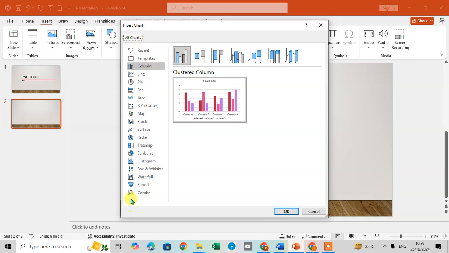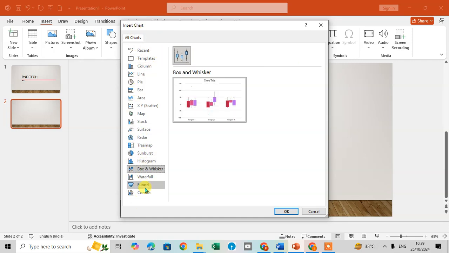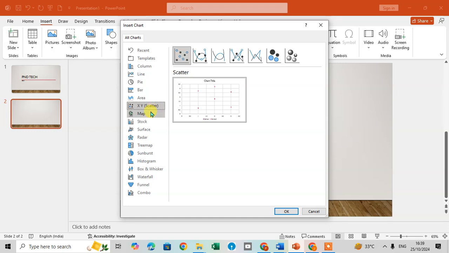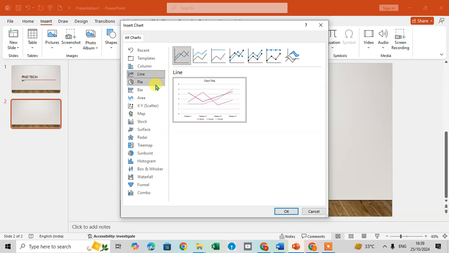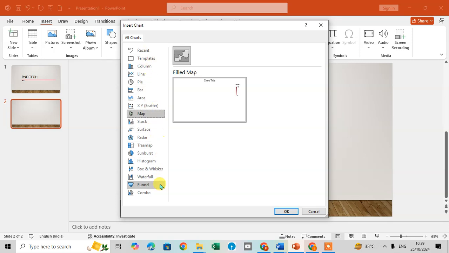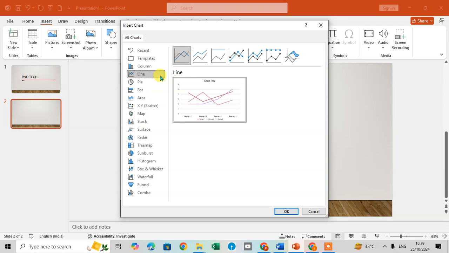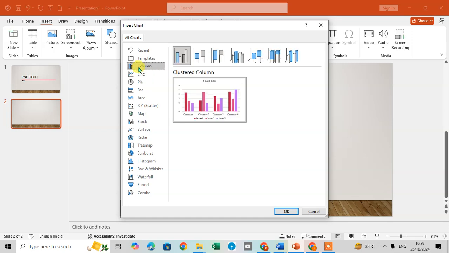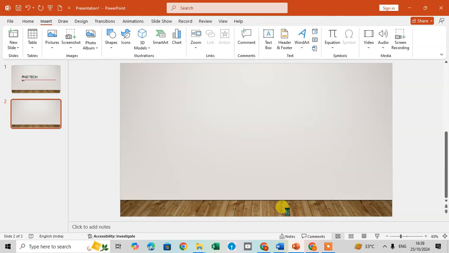In All Charts, on the left-hand side you can see all the chart names available. So you can use the line chart, pie chart, bar chart, area chart, map chart. These are the number of charts available. You can use any one of those you want. So I simply select the column chart, click on the first one and click on the OK